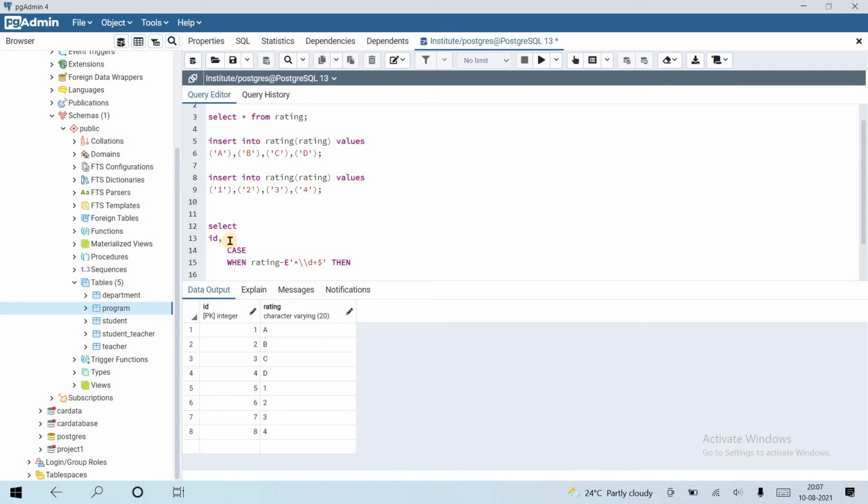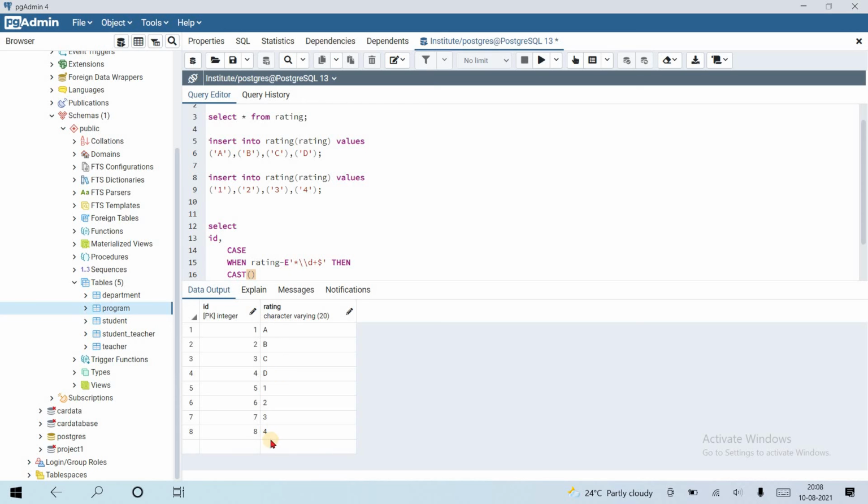PostgreSQL is not case sensitive; PostgreSQL is case insensitive. This expression tells that if the value contained in this column is an integer, then convert it to integer using the cast function.